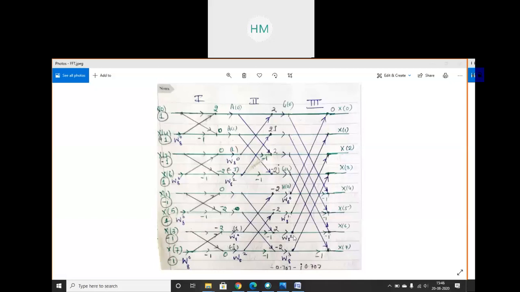Clear? So you can write the equations and you have to write. Otherwise, it will become difficult to calculate every value. After practice, you can directly write the value. See, I have written all the values over here after calculation. What is coming at this point? H of 0 is my C of 0. C of 0. This line is coming to H of 0. So it is my D of 0 into W80 and no minus sign will be there.